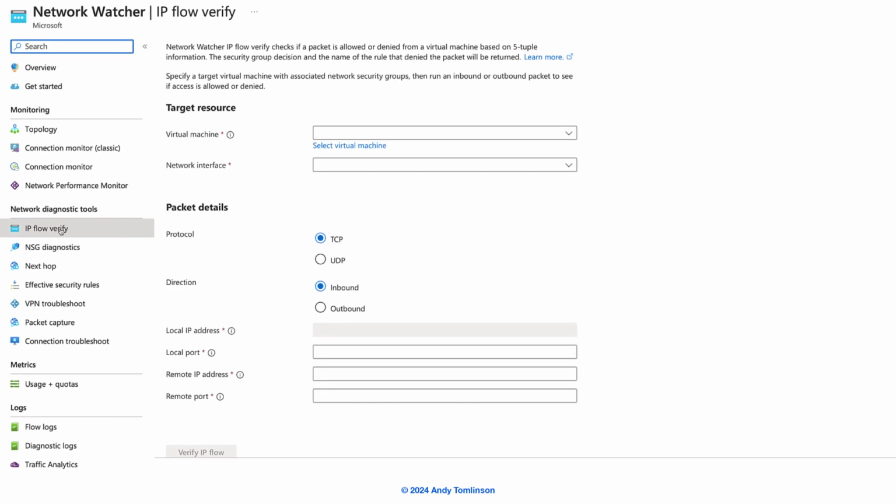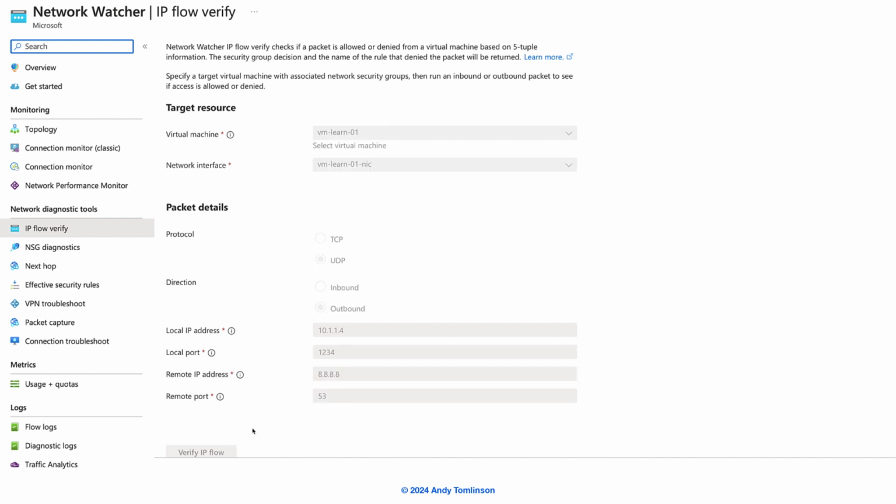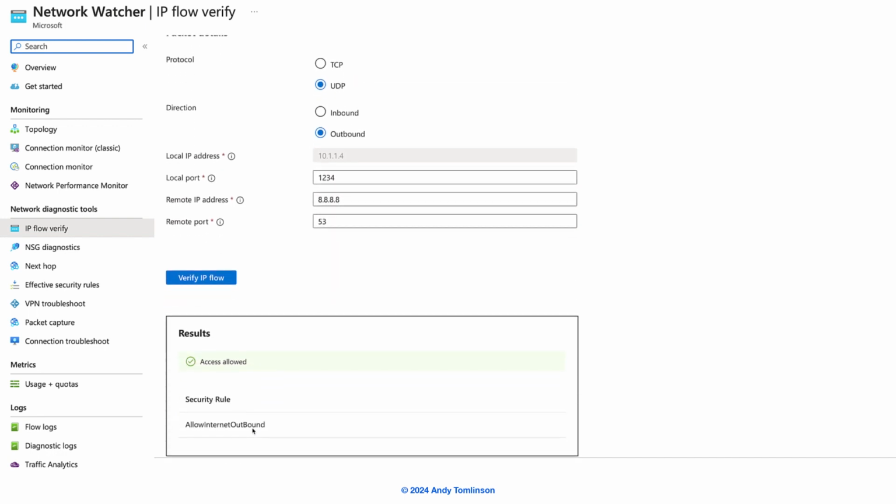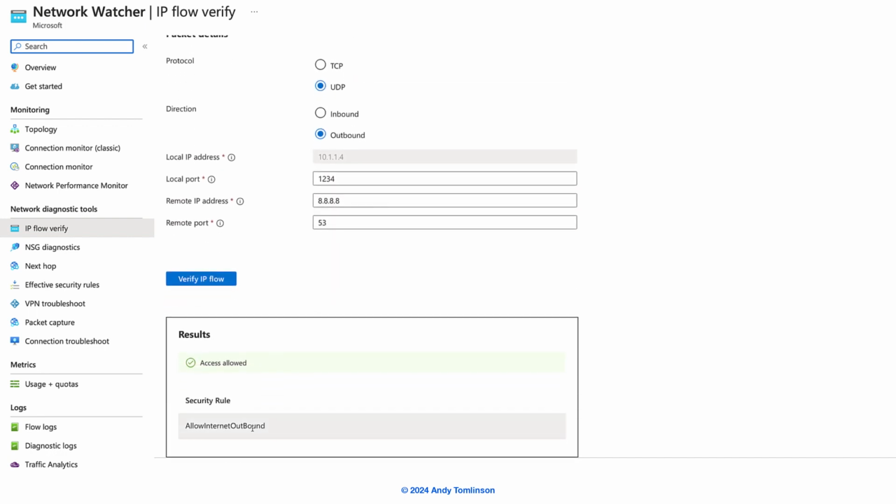We'll select the virtual machine and its network interface. Then we'll select the protocol, the direction, and the local port. Next, we'll select the remote IP address and the remote port. Then we choose Verify IP Flow. Here we can see access is allowed and the security rule which permits the traffic is the default Allow Internet